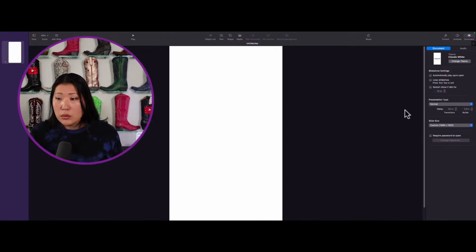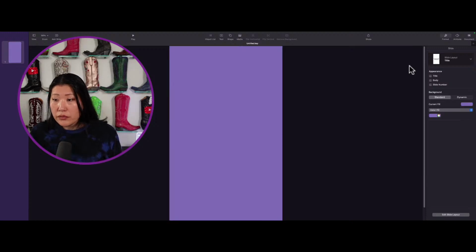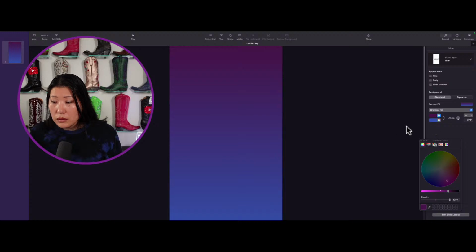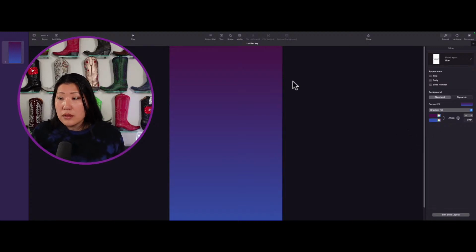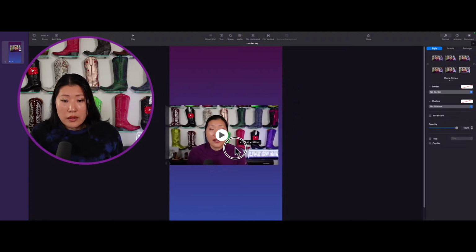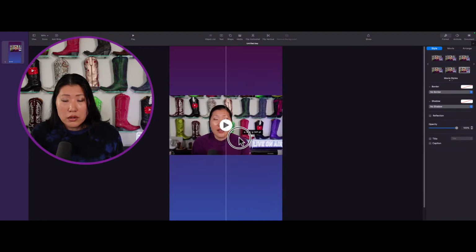Then what we're going to do is take this format, and let's just make this one purple because it's on brand for right now. You know what, I want a gradient. This so doesn't matter. I just want a gradient in the purple realms. Oh, that's kind of pretty. We'll leave that. Now, the next thing we can do is take that little example video that we had and drag it onto Keynote. There we go. Now I'll hit my little center. Center, where are you? You're not going to give me my center?